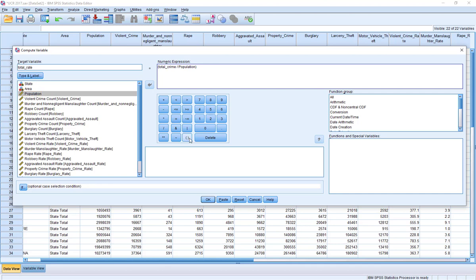And then I'm going to go a step further, because this would just tell me crime divided by population. I'm going to go the step further and do this all in one swoop. I'm going to say multiply, and as you recall, the asterisk is going to represent multiplication for us. And then I'm going to say 100,000. And so again, the brackets or the parens ensure that what's getting done inside is going to get done first, and then we multiply that out by the 100,000. And when I say OK,